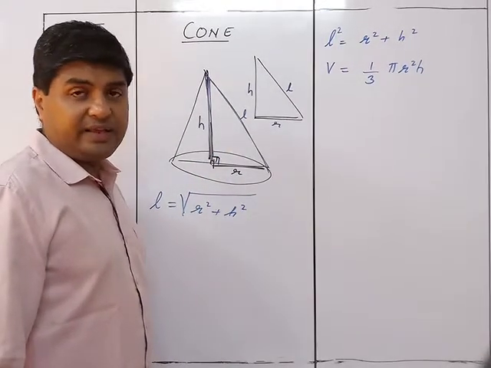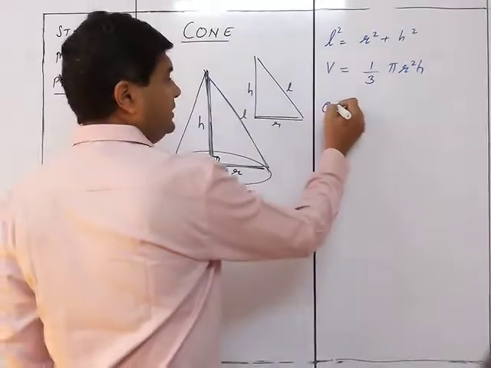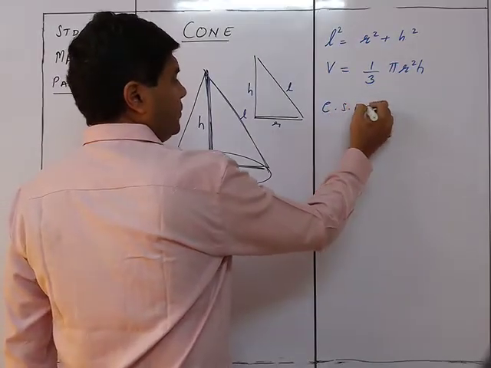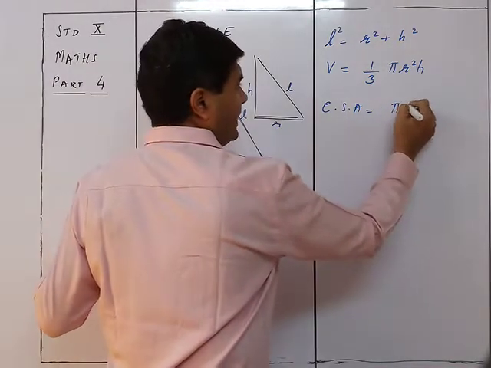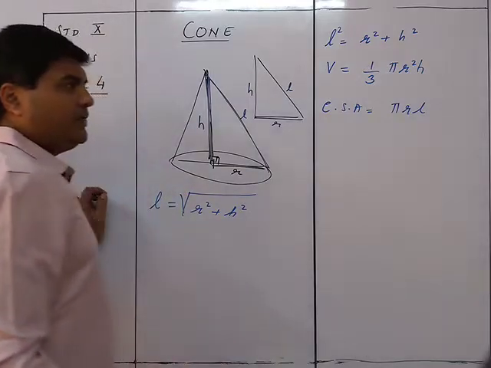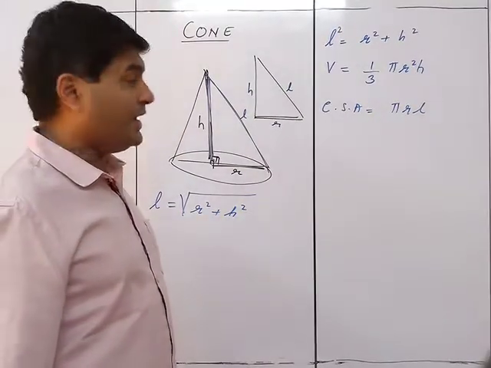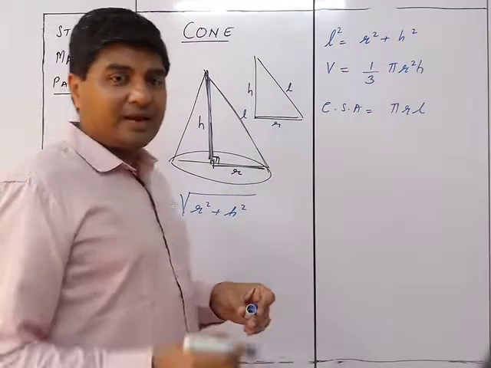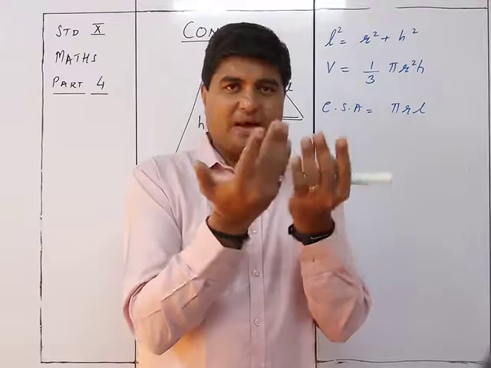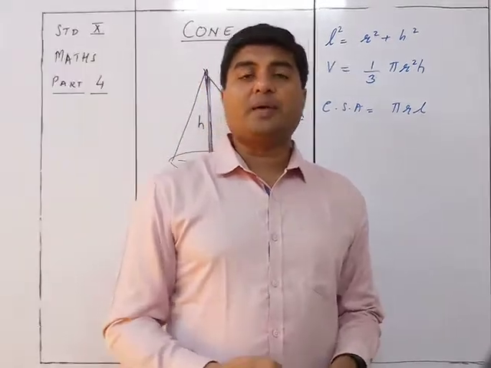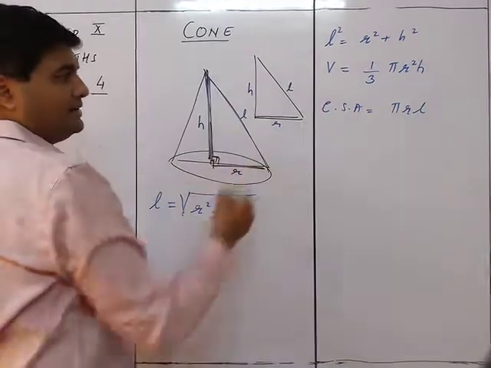And then comes the surface area. First of all, the curved surface area, which is equal to pi rl. You don't require the derivation of any of these, it is just learning it. pi rl is the curved surface area. That is, if we make a puri, the area of the curved part is nothing but pi rl, where L is the slant height and r is the radius.